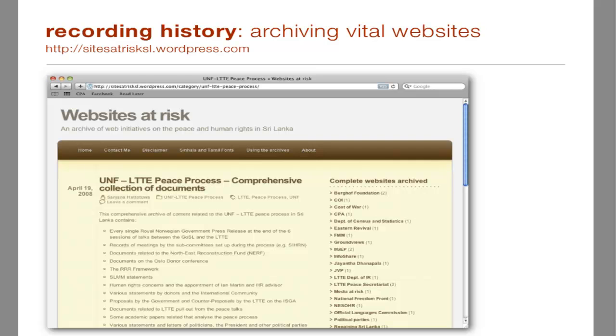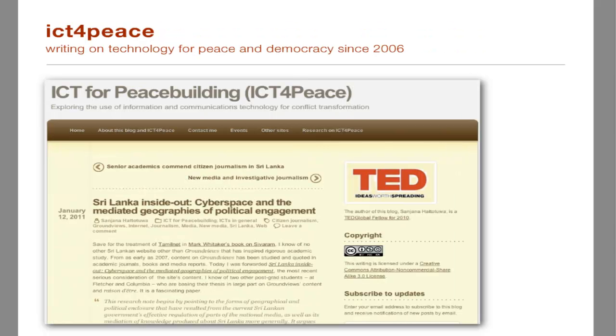So a couple of years ago, to come full circle, I started talking and writing about ICT for Peace. It was an acronym that I coined, and then later found that the ICT for Peace Foundation, led by Daniel Stauffacher, which some of you may know, coming out of the World Summit on Information Society, also started to use it. But I didn't know about that initiative till I started the WordPress blog